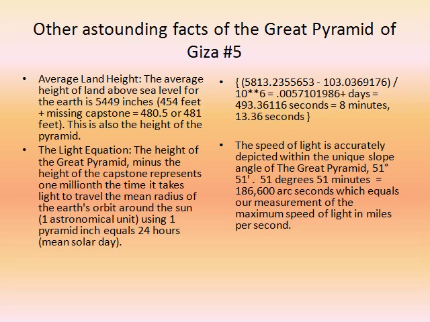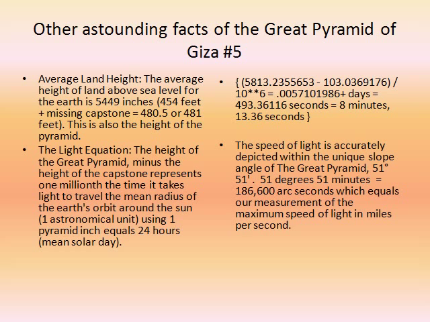Now we have some interesting figures over here that you can look at. 5813.2355653 minus 103 plus divided by 10 to the 6th power is equal to 0.0057101986 plus days is equal to 493 plus seconds is equal to 8 minutes,